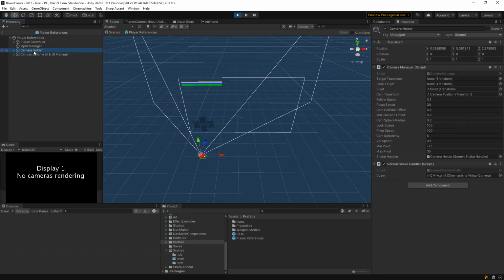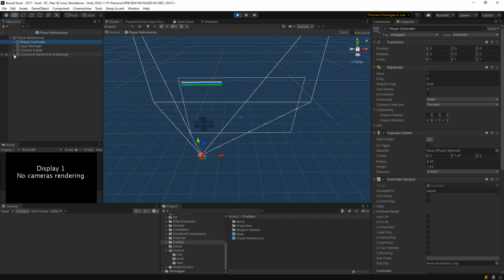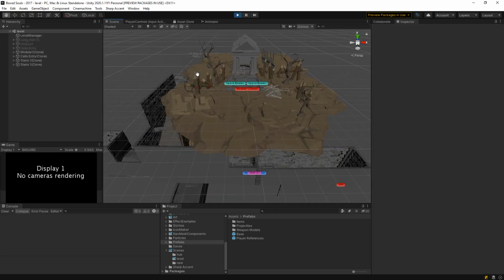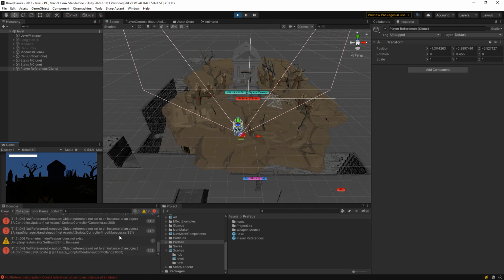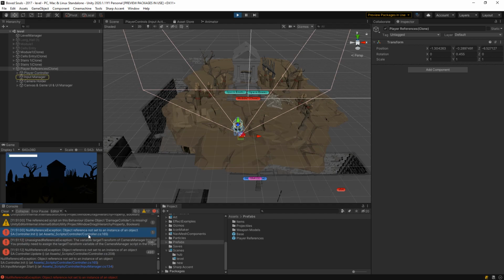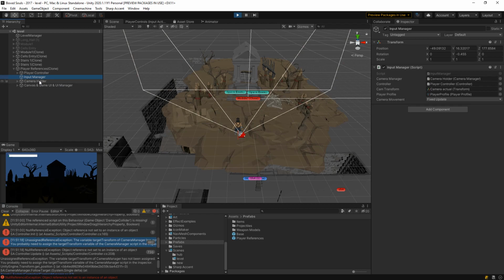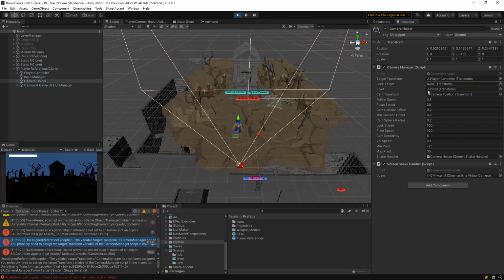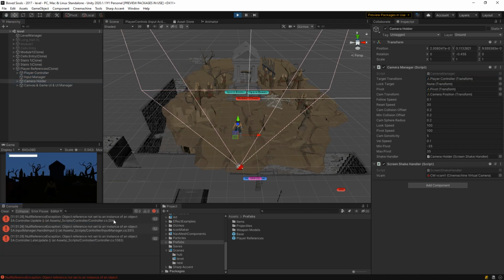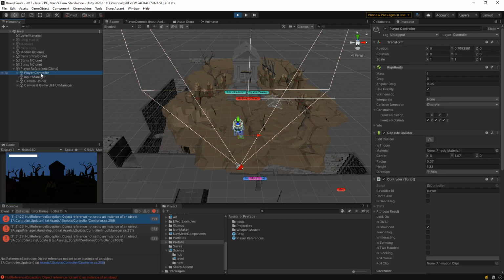That is the canvas, the camera holder, the input manager, the player controller, and under the canvas I also added the event system. So technically, if I take this and drop it in here, I should be able to play. Let's see. Yeah, okay, we do get some nulls because camera holder is missing the target transform, which is of course this. That should have been assigned by default. Then this guy is missing